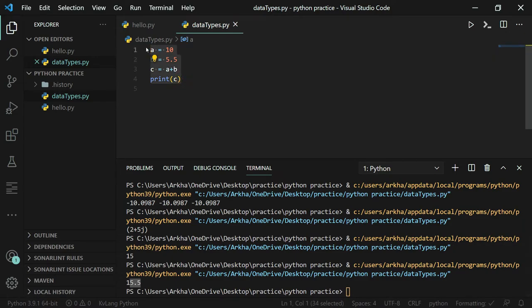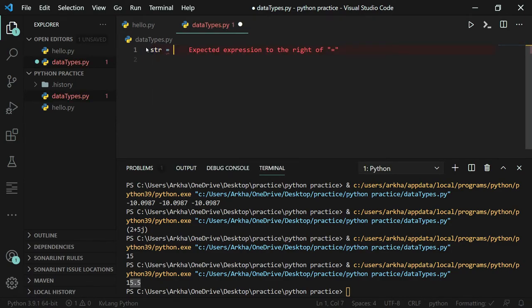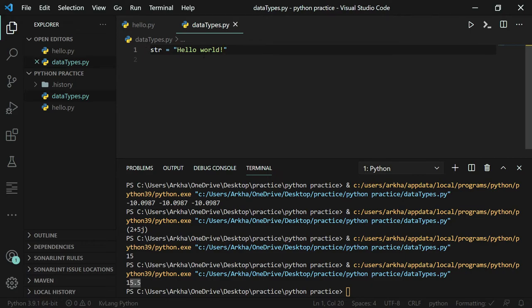Let's see strings now. So str equals to hello world. So this is our string.